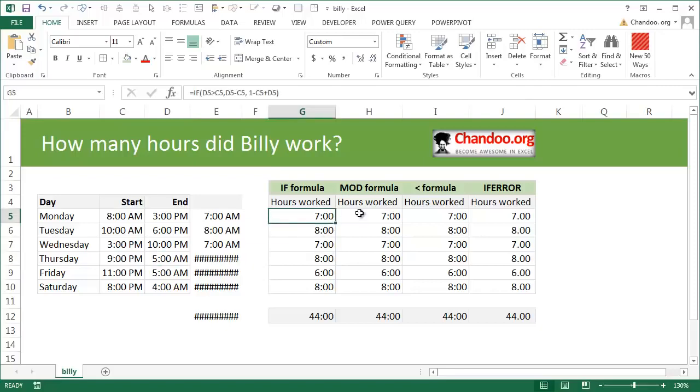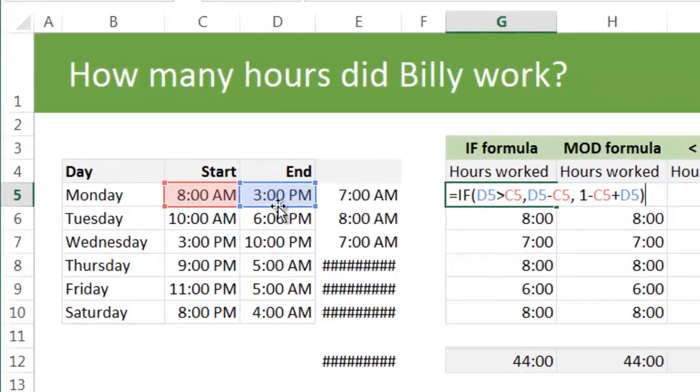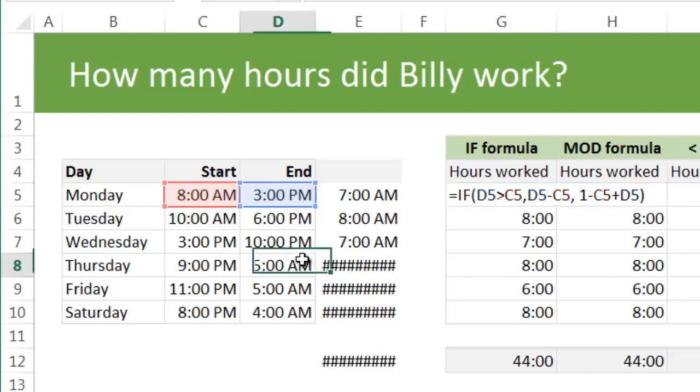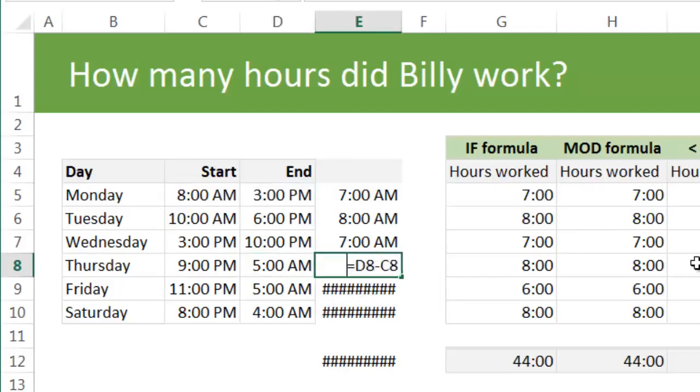So the first formula is called an IF formula. This is the obvious one. Here what we are saying is, if my end time is after the start time, I want the difference between these two. Okay, this would be true in most cases, but around the midnight mark what happens is end time would be before the start time. In that case what we want is to get the result by 1 minus start time plus end time, right? So in other words, if you write the formula start minus end here,